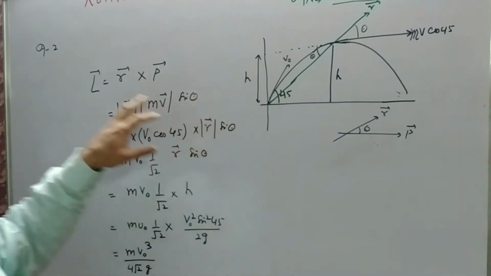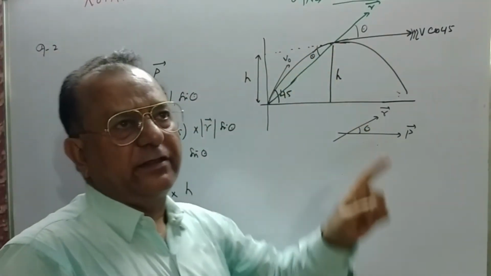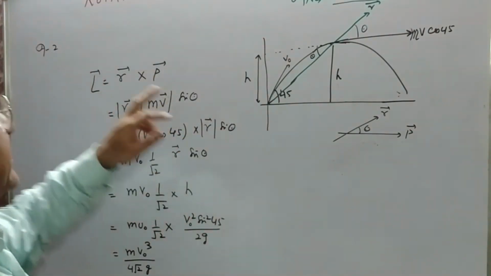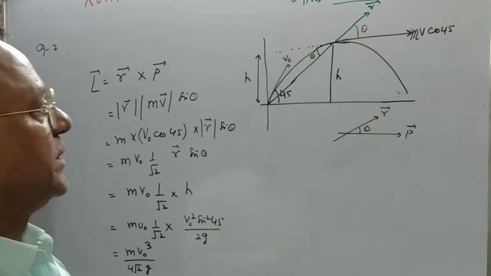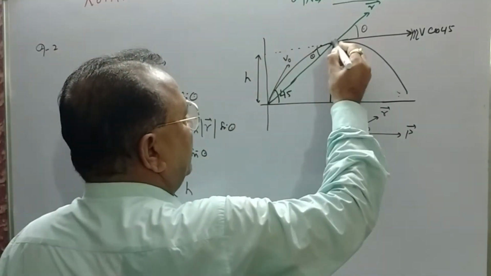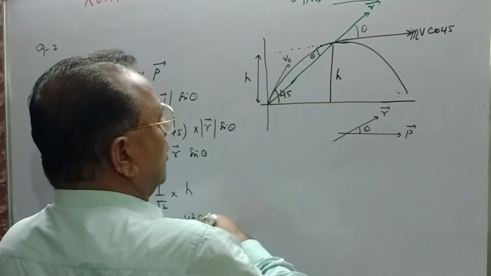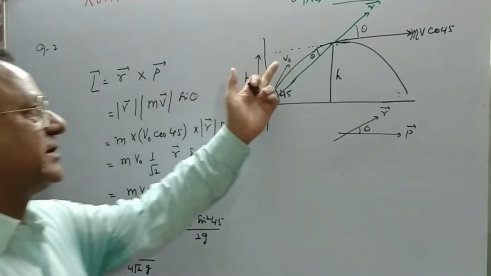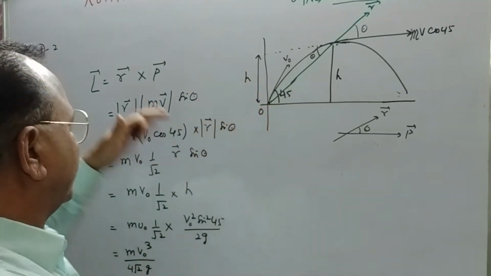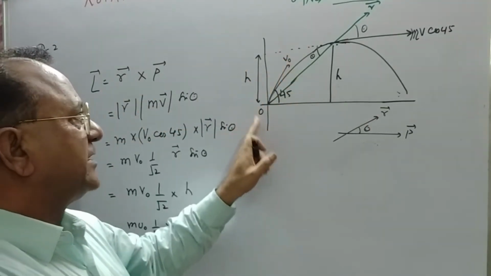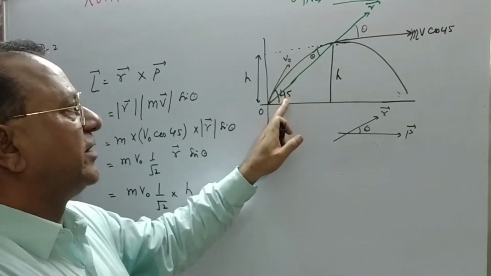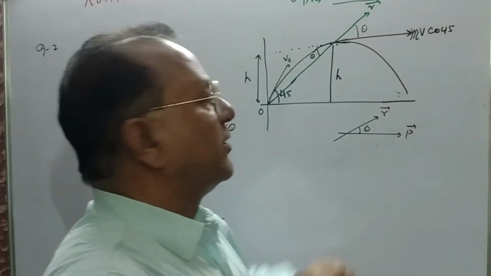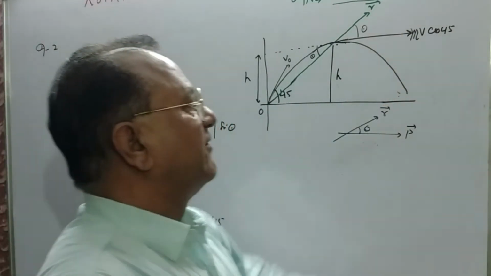Now this is again the concept of angular momentum, but in this case it is a case of a particle. So in this case you will have a direct answer. L is equal to R cross P, where R is the vector from O to this position. Now the particle is projected with V naught, I have taken V naught so that I can differentiate with V, at an angle of 45. At its highest point, the vertical component will cancel out. Therefore only the horizontal component is there, that is mv cos 45.